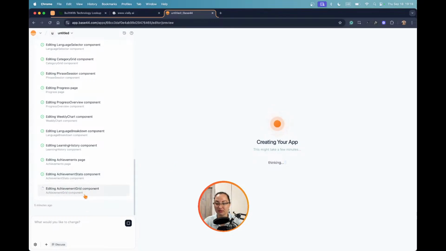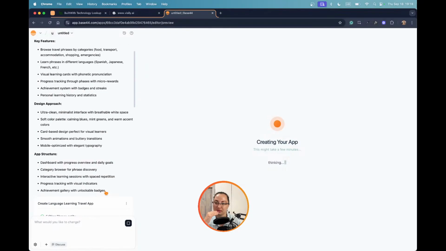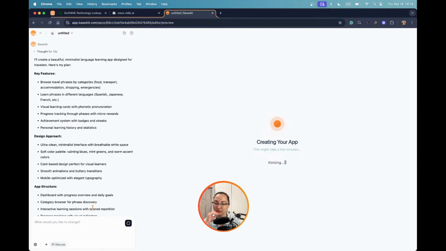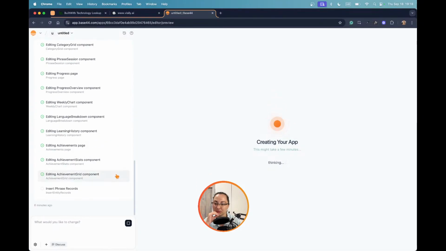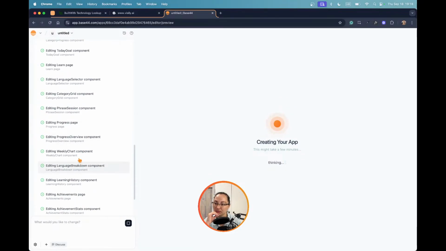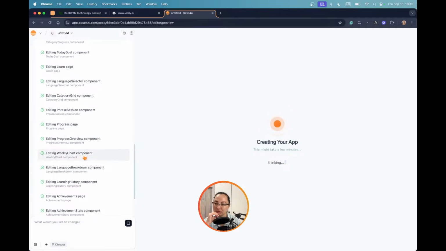Come on, Travel Lingo. I think it's the last step of the whole process, so I'm really hoping soon we can see some visuals. I'm searching phrase records. Okay, what else is it doing? It's editing page progress. That would probably be a progress bar on the top. Weekly chart components. I don't think it's very necessary, but